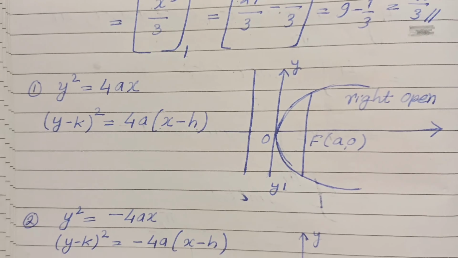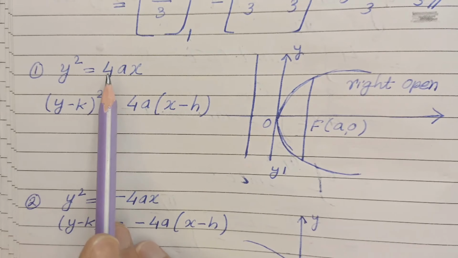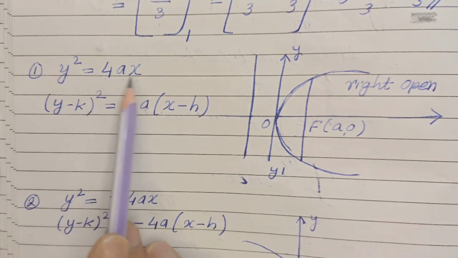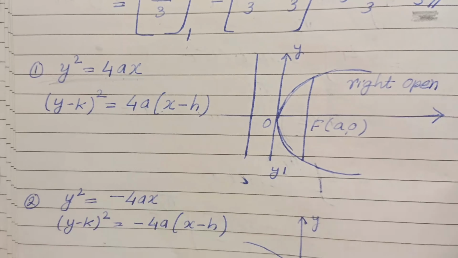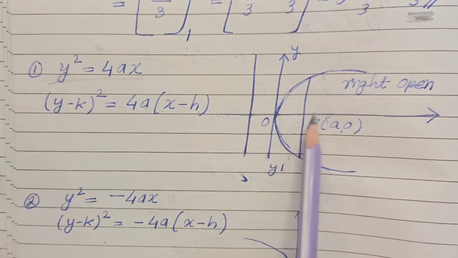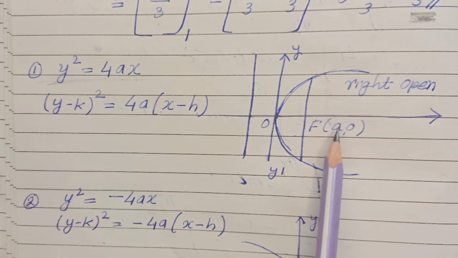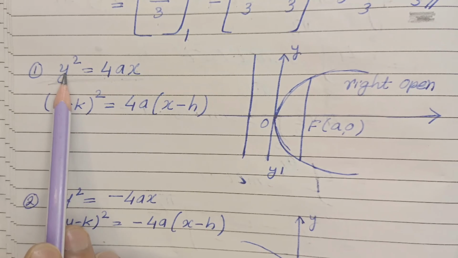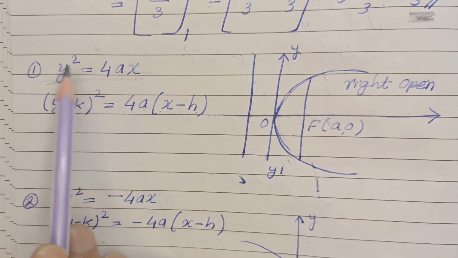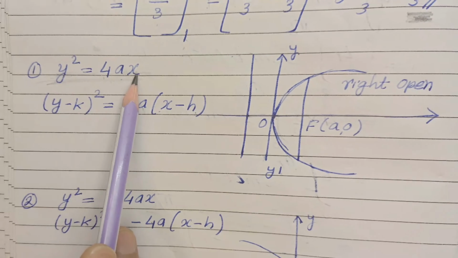Here you can see the question says y square is equal to 4ax. If such a graph comes, what will the graph look like? We can see the graph looks like this. Why does it look like this? I'll try to explain how we got this. Because when we have y square, that means x can never be negative. We can predict this when there is y square equal to 4ax, because of the 4a coordinates that we will have.